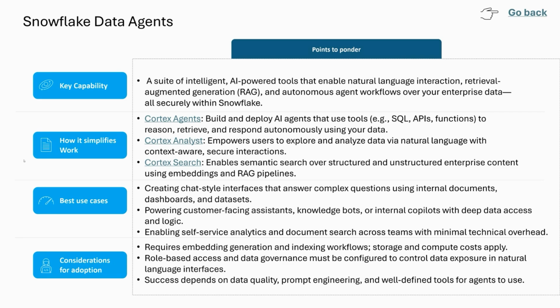In terms of the capability, we need to think of data agents as follows. Say, for example, a customer gives a prompt saying, I need to identify what the top 10 selling products are. To get data insights for that particular question from the user, we might have to access structured data, and we might also have to access some unstructured data for that particular use case.